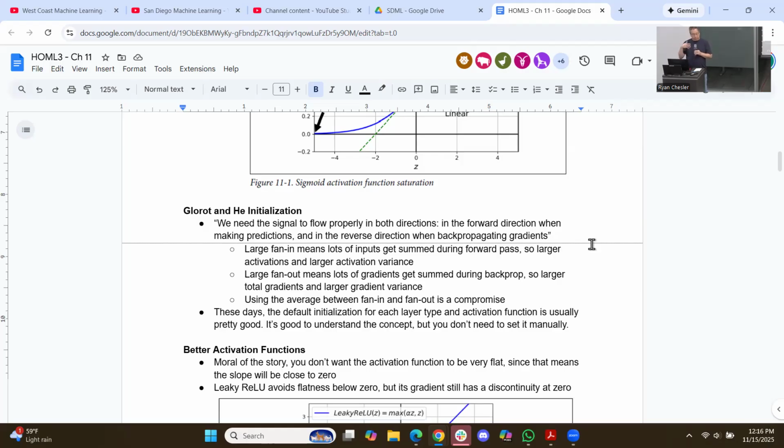One of the simple things to understand is that if you have a node and it has lots of inputs, what we call high fan in, that means that you're summing up a lot of weight times inputs. Okay. If you have only 3 inputs, you're summing up 3 of those. But if you have 10,000 inputs, then you're summing up 10,000 of these, and you're just going to get a bigger number, even if all the numbers were initialized